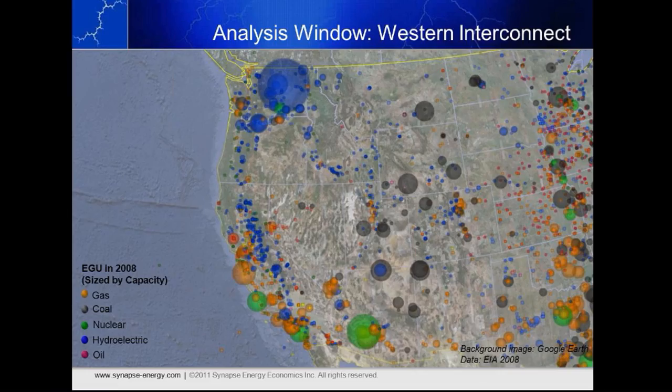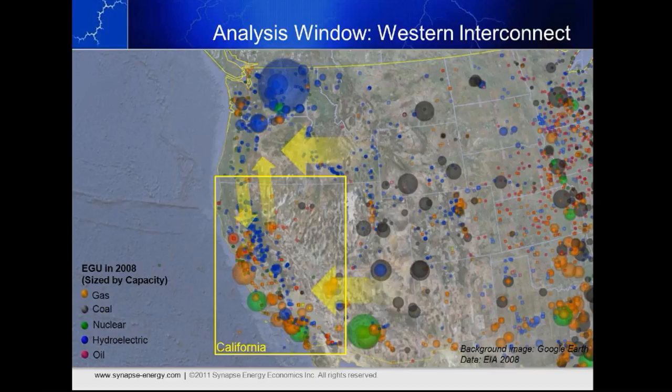One of the first things we need to do is choose the size of our analysis window. Say, for example, we're the South Coast Air Quality Management District outside of Los Angeles in the Los Angeles Basin. We might choose to initially just look at the generators within our particular basin. But we know that California is broadly interconnected to itself, so we might want to choose a slightly larger window that takes into account other generators throughout California. But we also know that California is heavily reliant on hydro from the Northwest and also has a return flow back to the Northwest.